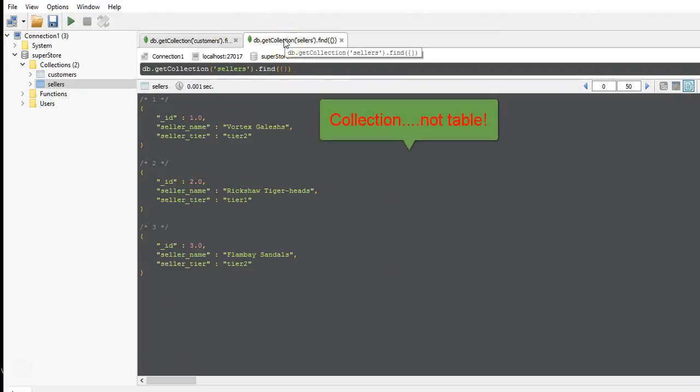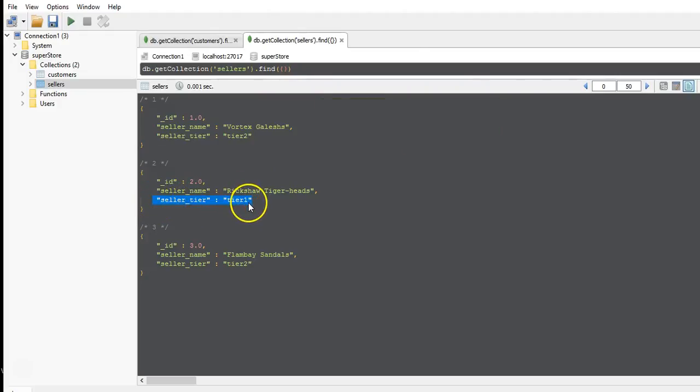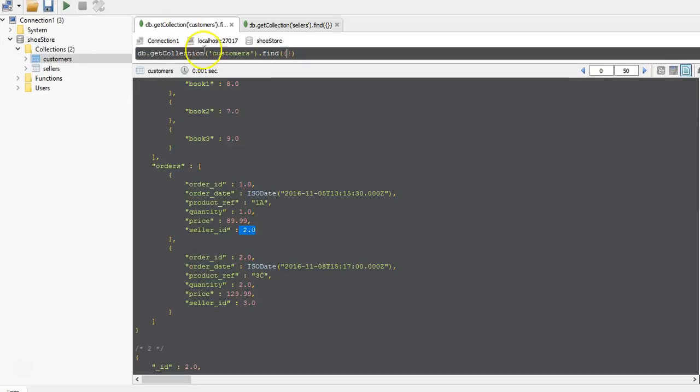Now, the reason that I have decided, instead of doing that, to create a completely separate sellers table is because this field, seller tier, can change. We may decide that Rickshaw Tiger Heads has improved their performance and we're going to increase them from a tier 1 to a tier 2. Or Vortex Galesh have been performing particularly well, so we're going to increase their tier from a tier 2 to a tier 3. Now, if the seller tier was embedded in an array within the orders